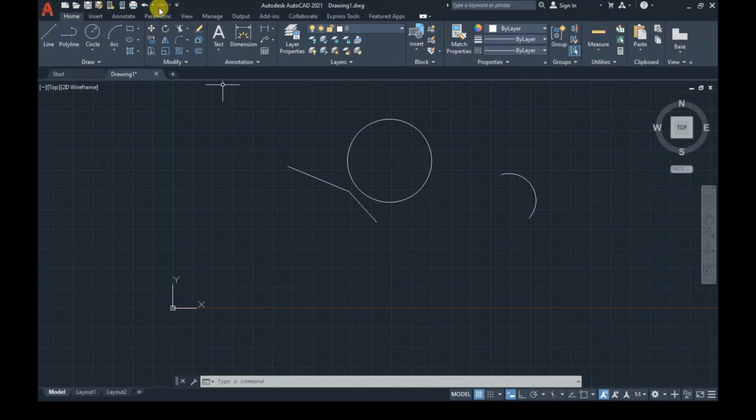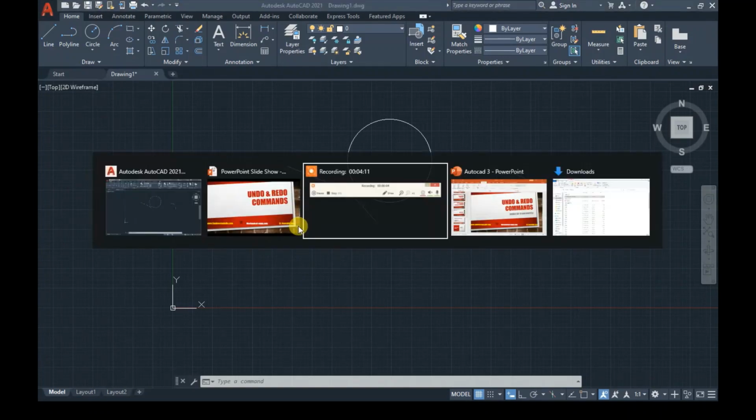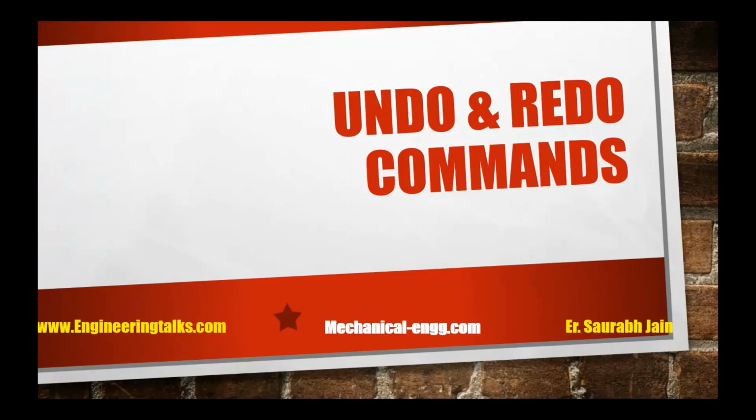So we have this drop down which helps you understand how things are working. So you can do 5 redo together. So this was what I wanted to share with you. Fine. So this was the undo and redo command. We have some more undo options also, we'll see later on.